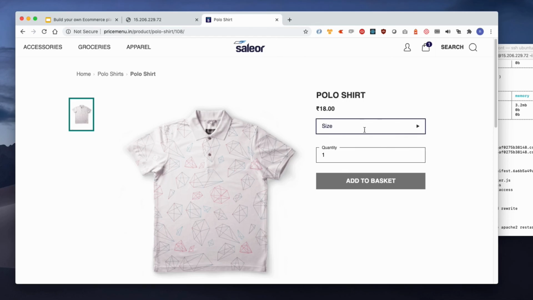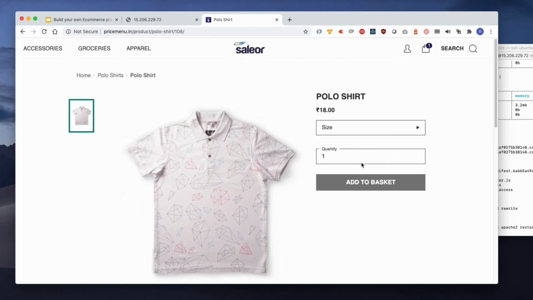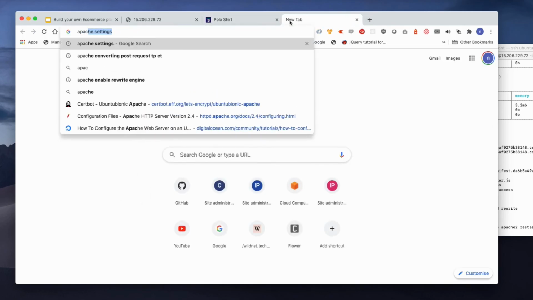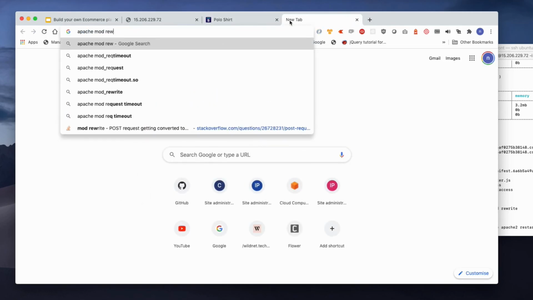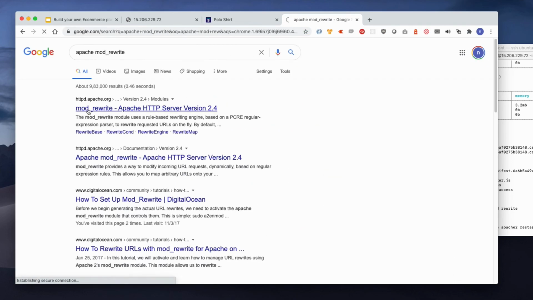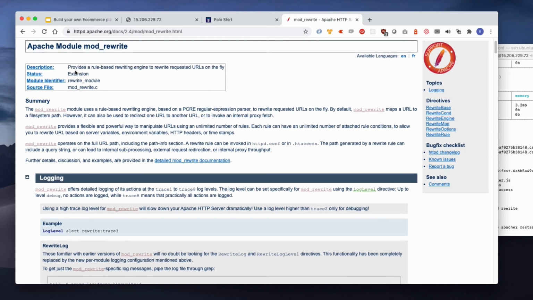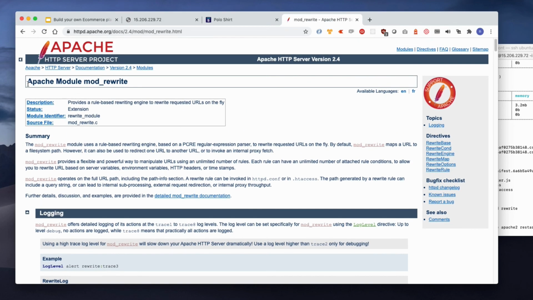So we solved this problem of dynamic URL using Apache mod_rewrite. Apache mod_rewrite provides a rule-based rewriting engine to rewrite request URLs on the fly.